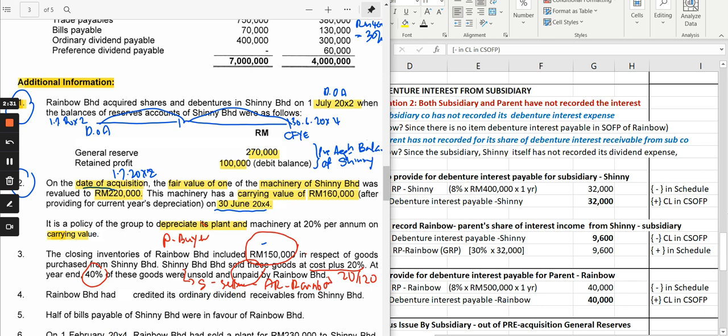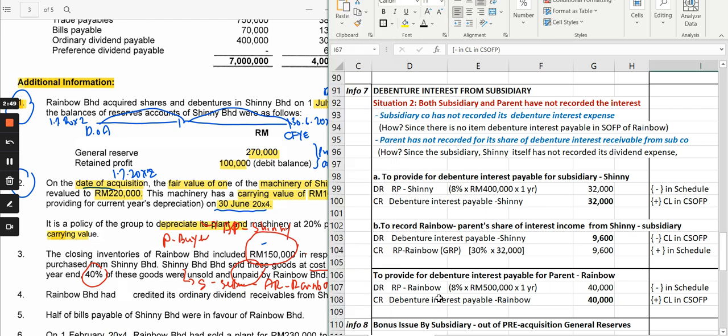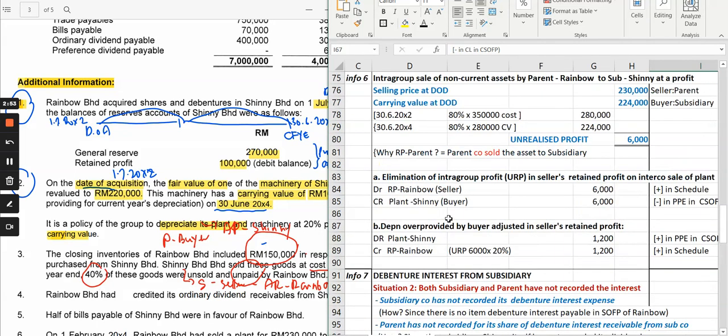To the buyer, there is an accounts payable that relates to also a group member, and the group member here is the subsidiary. So this is going to be also eliminated. By how much? It is going to be adjusted by 150,000 times 40%. So if you can see here that I have prepared for you,